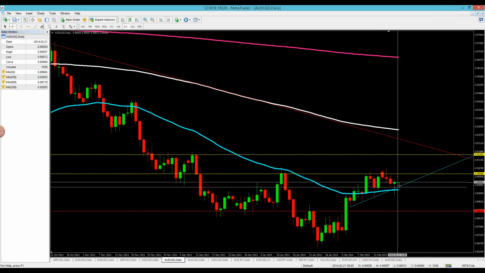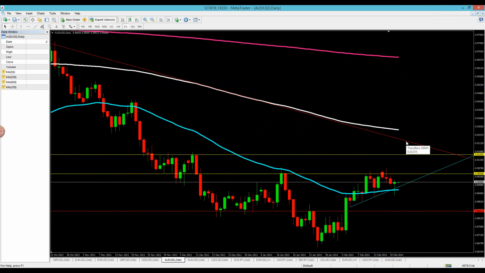We could see a push up about 50 pips or so, okay, and really get back to this high, the high of this channel that we have formed here on the Aussie dollar. And I guess, really, guys, to be real with you, we do see a potential for the Aussie dollar to reach back to these highs at 92.25. Okay, so we're going to be looking for that, and this could potentially be a good move.